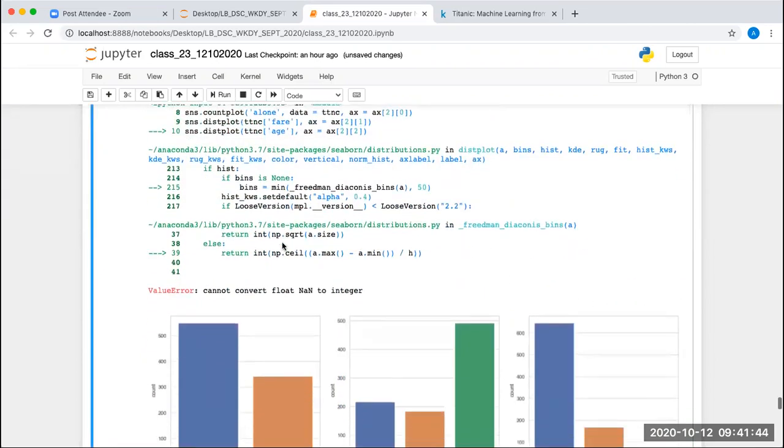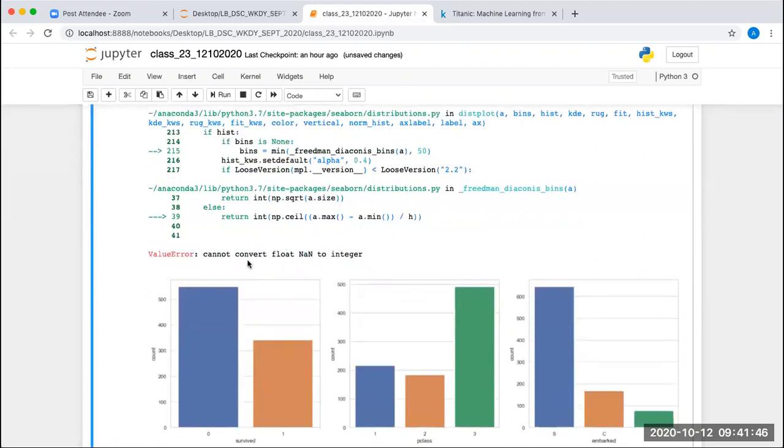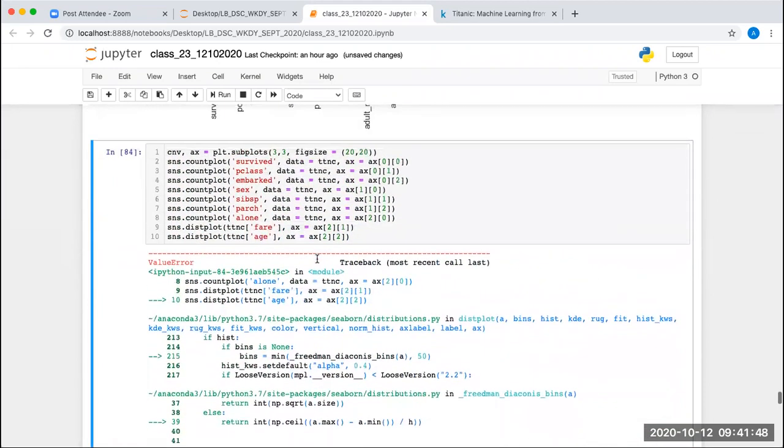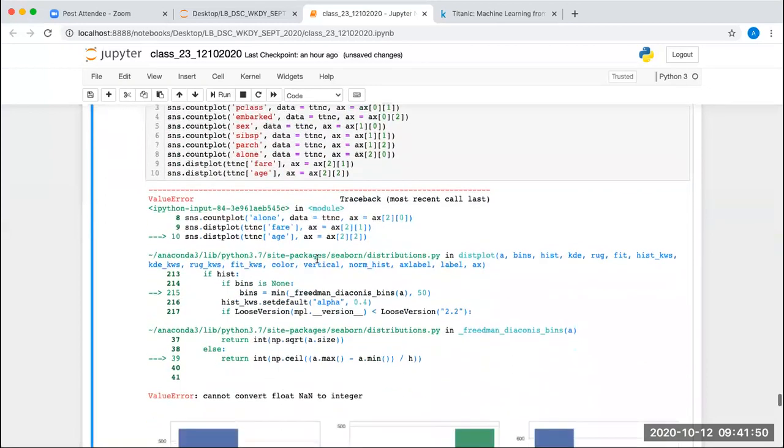One minute, let me see where the error is. Cannot convert float NaN to integer. Where is that NaN? In which function? Test plot, age.